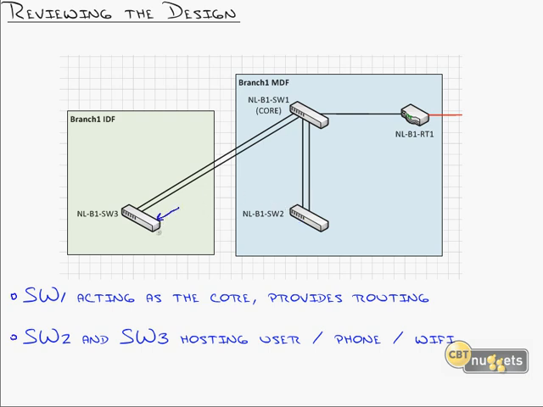Then we've got our switch 3 sitting down here. That's on the second floor, the IDF. Just providing a bunch of ports for the users on the second floor, essentially just the user community to plug into. Now I'm going to drag, and I just put a couple notes. I put switch 1 is acting at the core. That's going to provide the routing. That'll be our layer 3 switch. I'll talk about that